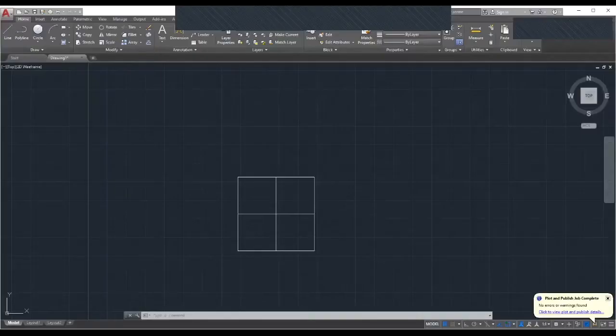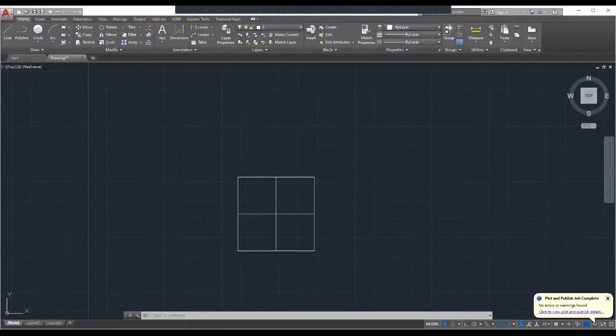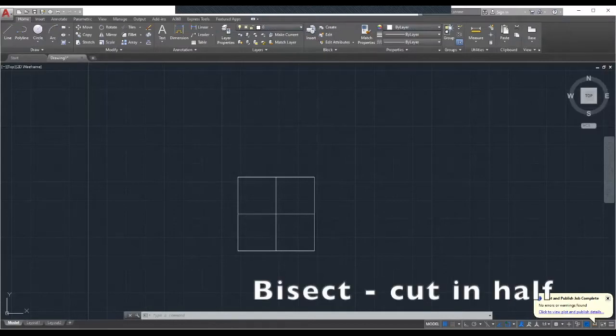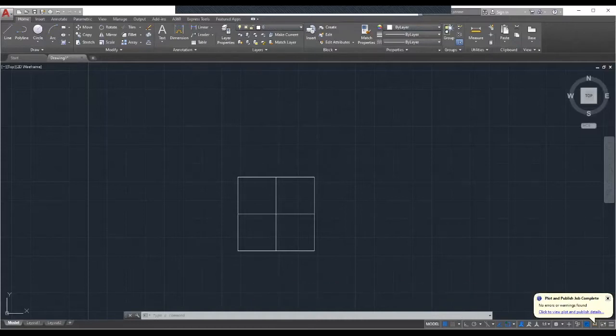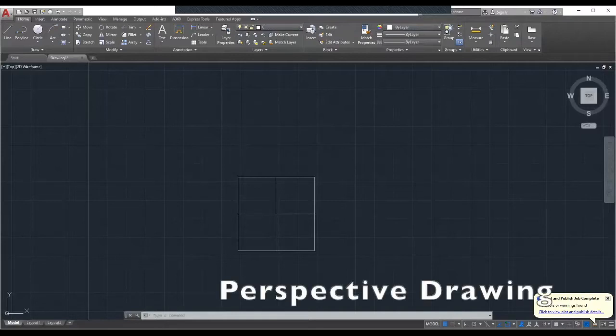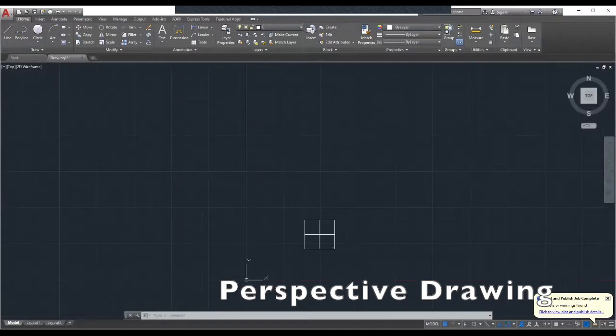So what I've gone ahead and done is I've drawn a square. This is a 10 by 10 square, and I went ahead and bisected that square horizontally and vertically. What does bisect mean? I cut it in half. So here I've got my 4 squares again. So we want to represent this 3-dimensionally. So first, let's try a perspective drawing. So we're just going to come on up here,